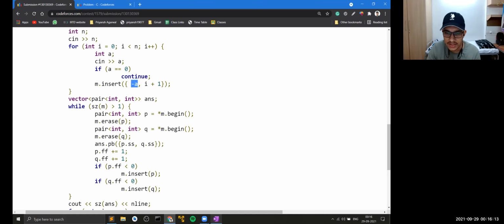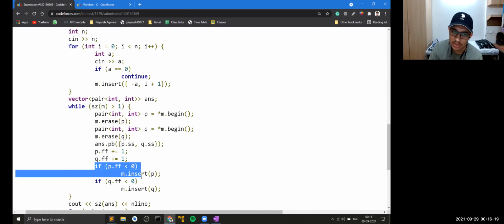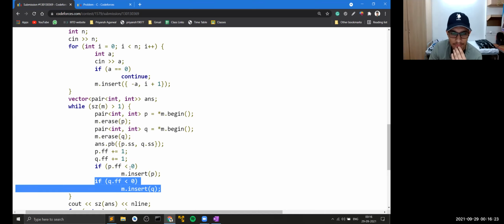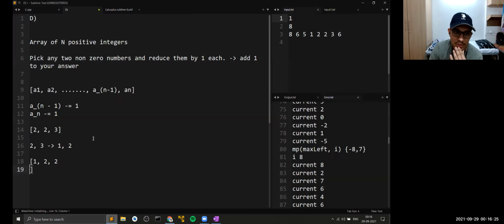But in our case, what we were discussing was just subtracting one. Similarly, I check if the value is less than 0, then I still need to insert it. If it is not less than 0, then I don't insert it. So my multi-set would always contain values that are non-zero. Oh, sorry, non-zero. I mean, all the values are already non-negative.